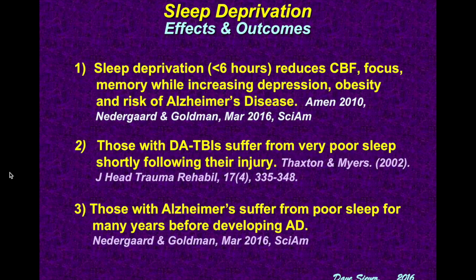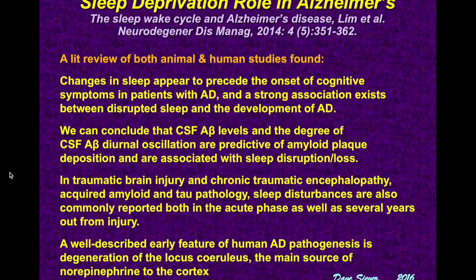Those with diffuse axonal TBIs suffer from very poor sleep shortly following their injury. Those with Alzheimer's suffer from poor sleep for many years before developing Alzheimer's disease. Interesting. Here's another interesting study, a lit review. This study looked at a lit review of both animals and humans on several different studies, and they found that the sleep-wake cycle in Alzheimer's disease, okay, that's the study, and changes in sleep appear to precede the onset of